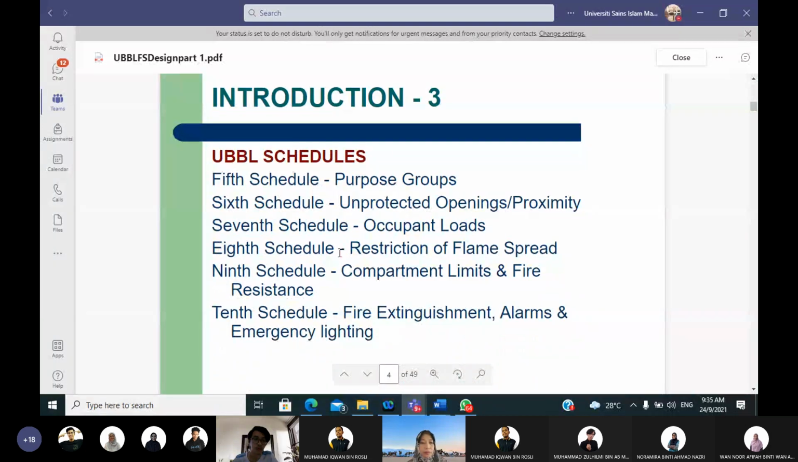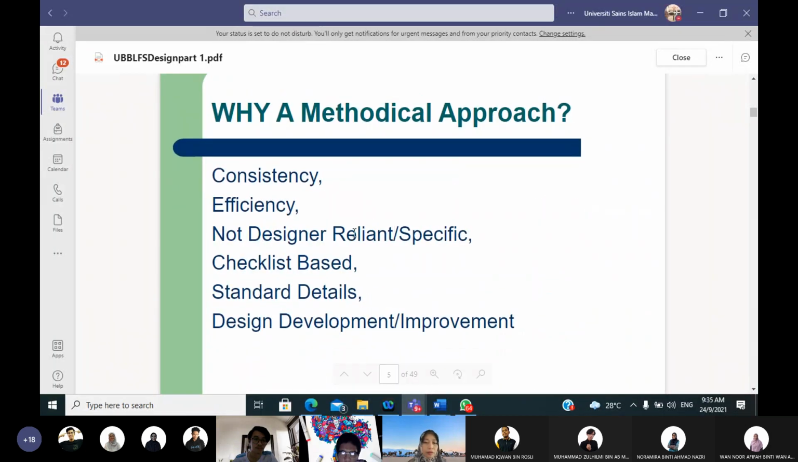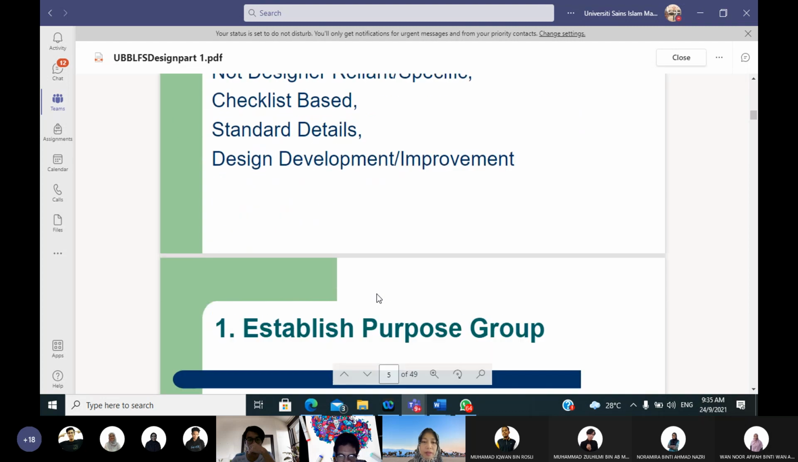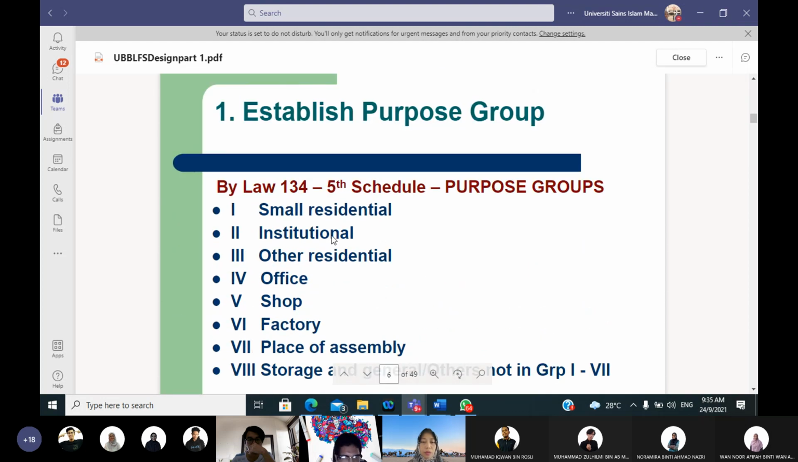So there would be the checklist base and standard details, some kind of measurement that you need to comply with in your drawings. We may say that sometimes the client asks why they have to choose this kind of purpose group, because each of these purpose groups 1, 2, 3, 4, 5, 6, 7, 8 delivers different dos and don'ts for travel distance and how many staircases we have to indicate in this